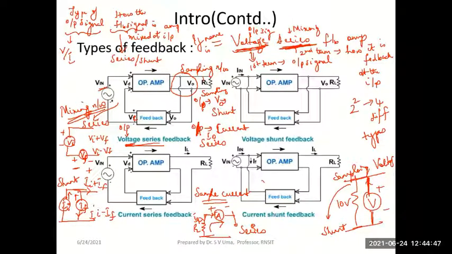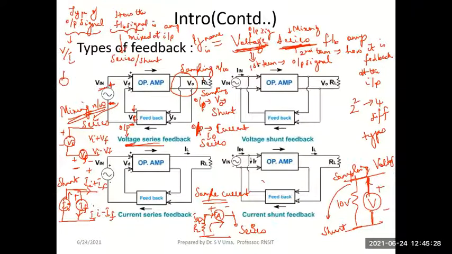That means I need negative feedback here. Negative feedback means the feedback signal is subtracted from the input. So how will I subtract a voltage from an existing voltage? By making a series connection, but out of phase. What do you mean by out of phase? Notice this here. Vin has this direction. The input signal is positive at the upper end and negative at the lower end, whereas the series connected signal Vf is having negative first and then positive.